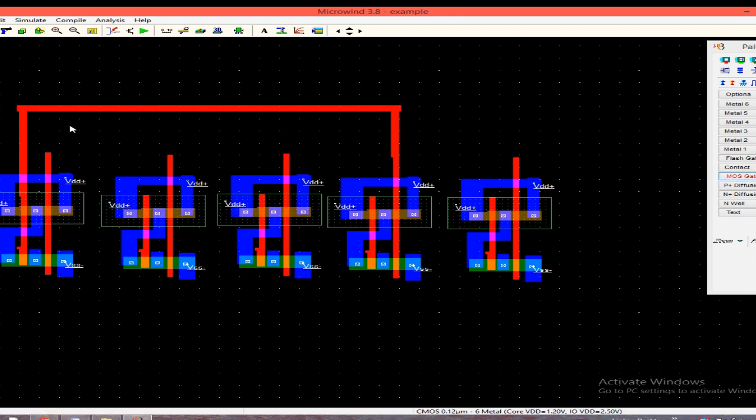Again we have to connect the gate structures according to their requirement likewise. So this is the structure and you have to connect it likewise. This is the connection, and